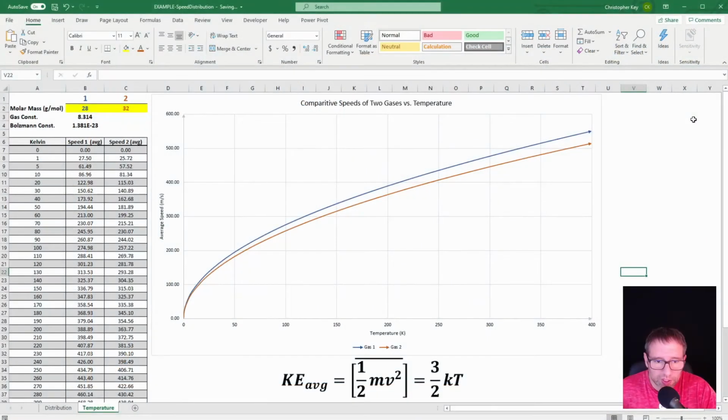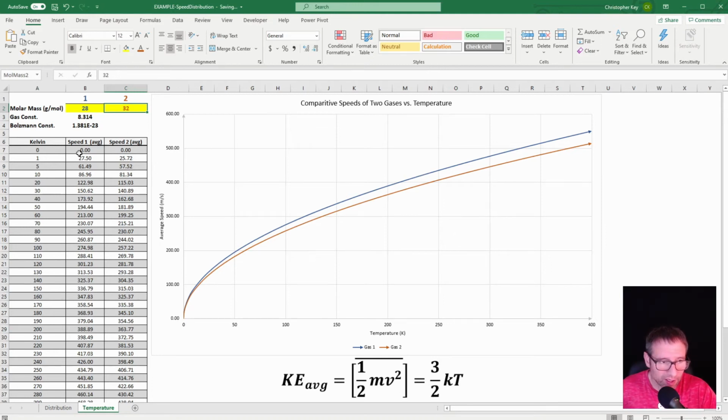Okay, so we're going to hop over here to Excel, and we're going to take a look at how the mass of the gas, the mass of the molecule or atom in the gas, impacts the velocity or the average velocity. And what I've done is made a graph that basically compares the temperature with the average speed. And keep in mind, this is the average speed. So if I go to here where I've highlighted these, and I'll put this link down below so you guys can download this worksheet and you can use this to play around.